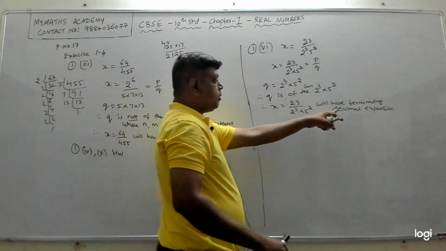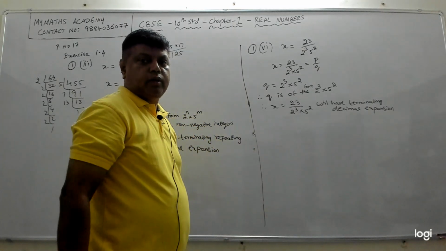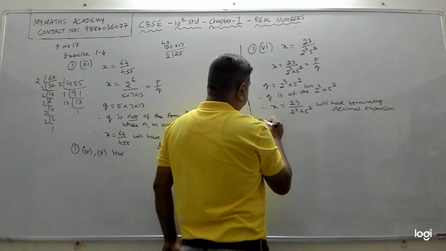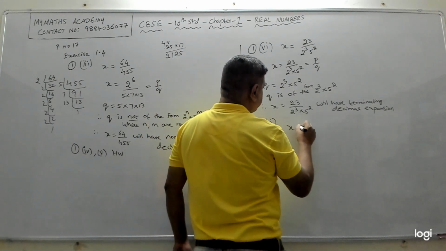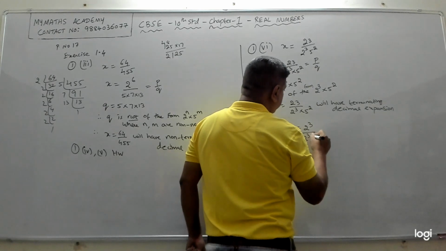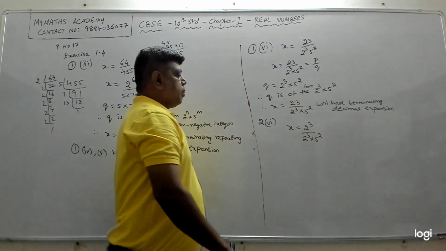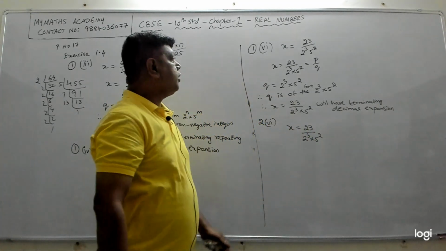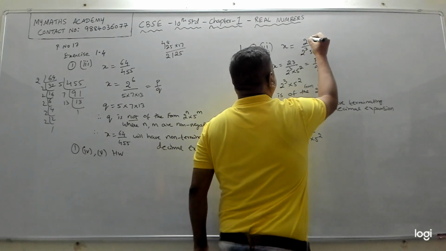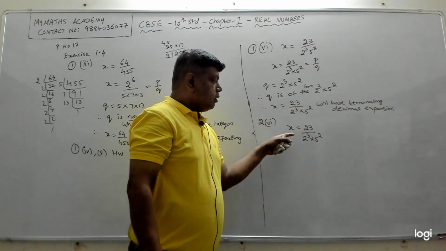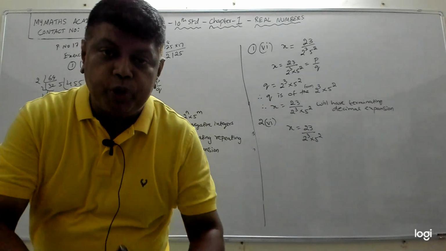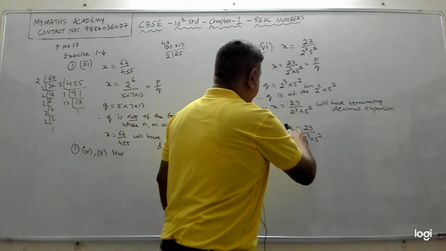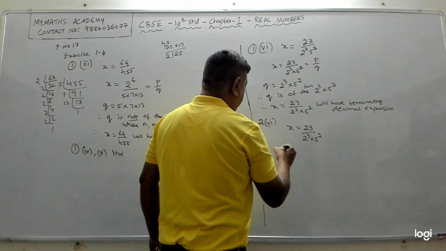Right? So since it has a terminating decimal expansion, we have to find the decimal equivalent of that, or the decimal expansion of that. So how do we do this? Now x in the sixth problem is 23 by 2 power 3 into 5 power 2. Now whenever we need to convert the fraction into decimal without actually dividing, then what we have to do is